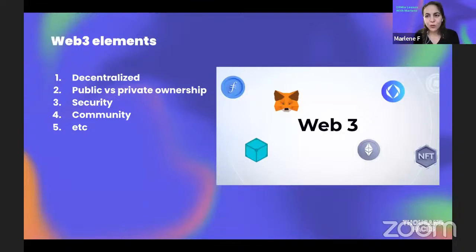But for now, what we have to understand is that there's not a single entity in the middle who is controlling or who has to pass between the users, whether it's payments or sharing data.